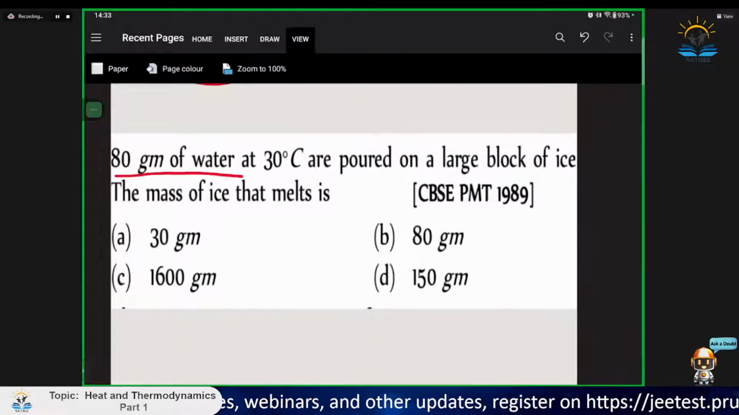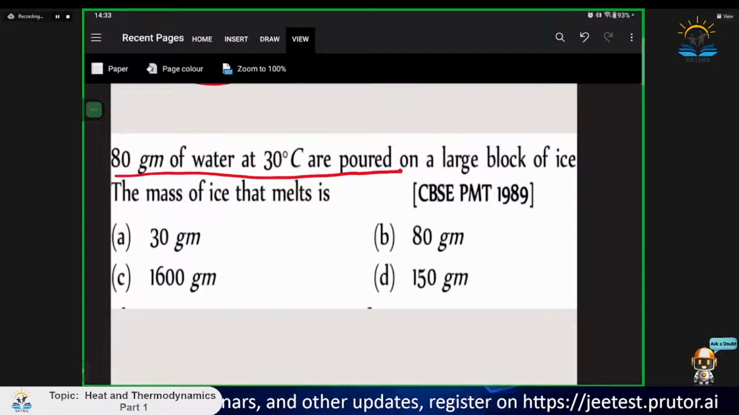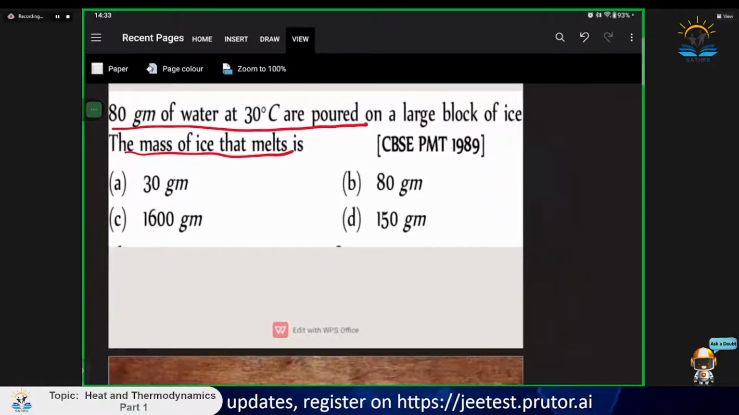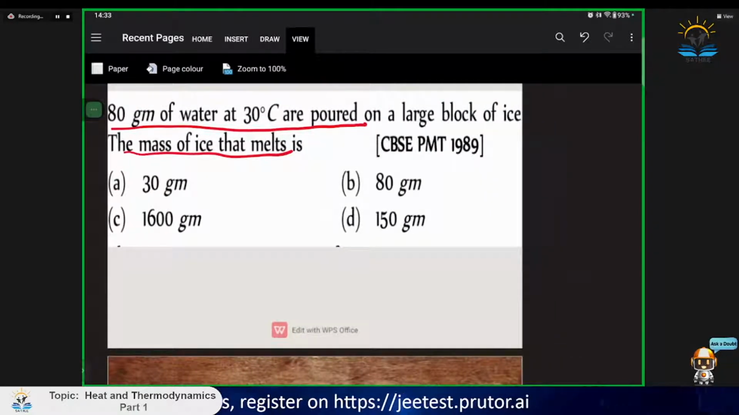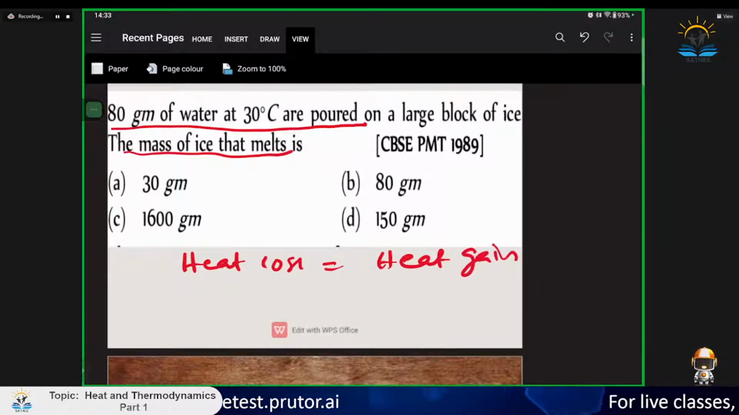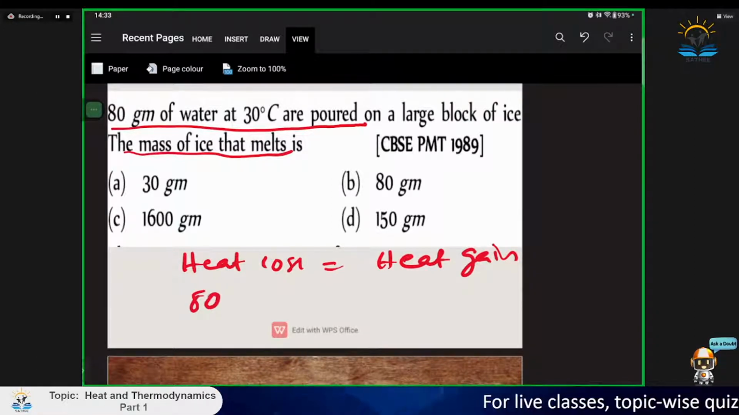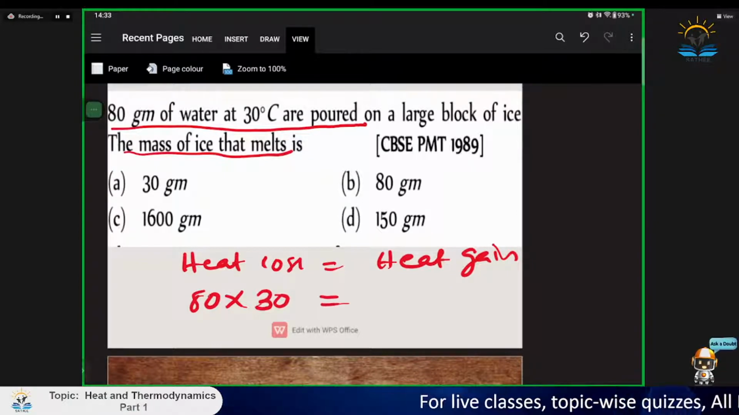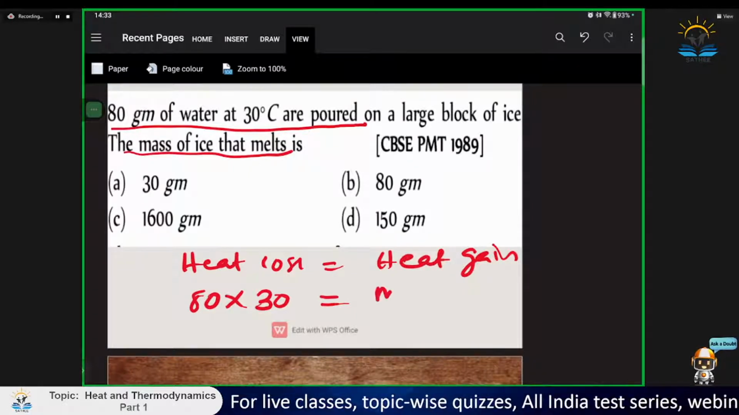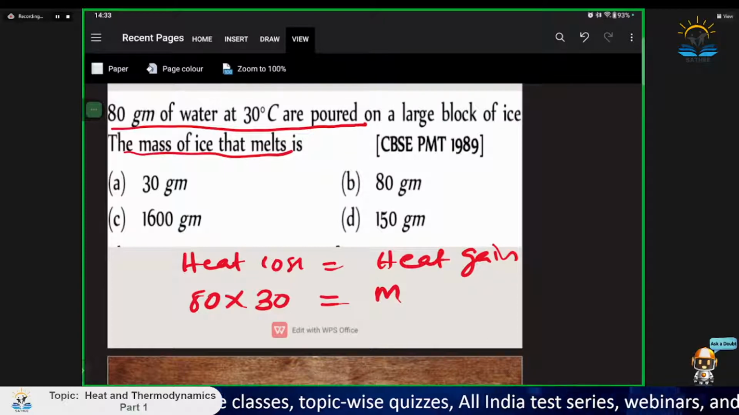80 gram of water at 36 degrees Celsius is poured on a large block of ice. Find the mass of ice that melts. Simple. We know heat lost by a hot body is equal to heat gained by a cold body. What is the heat lost by the hot body? We know 80 into 30. What is the heat gained? It's a large block of ice, so the mass that melts will get the heat. We want to find how much mass of ice melts, m into